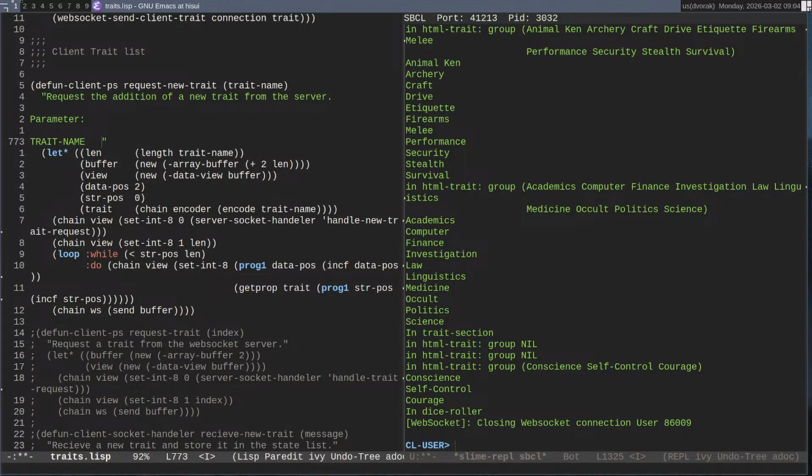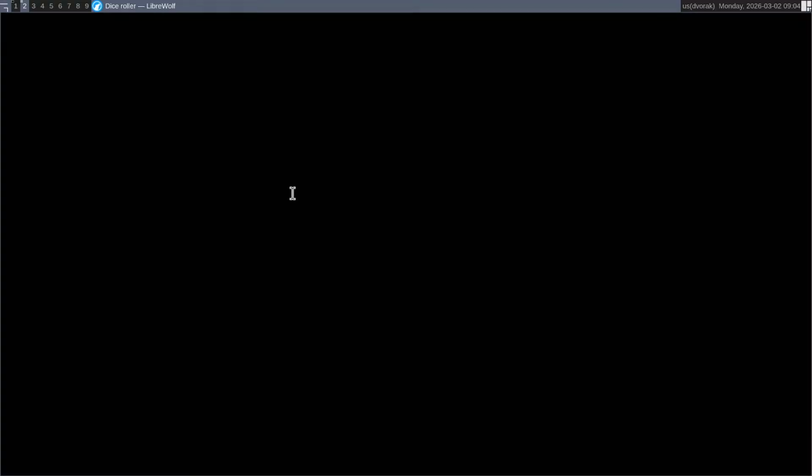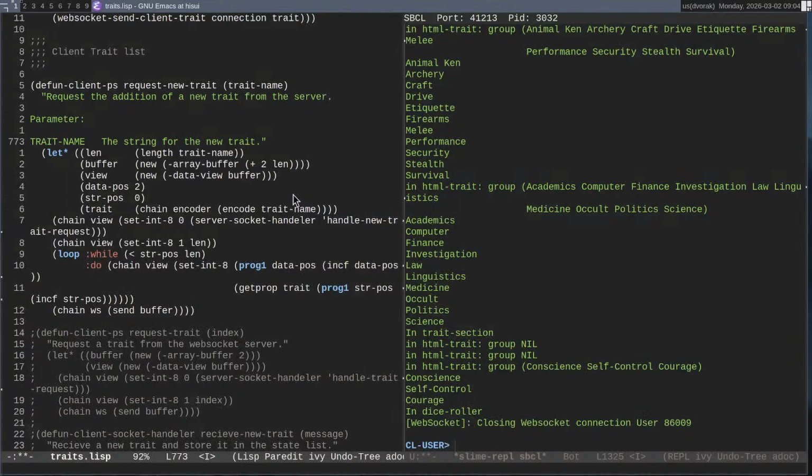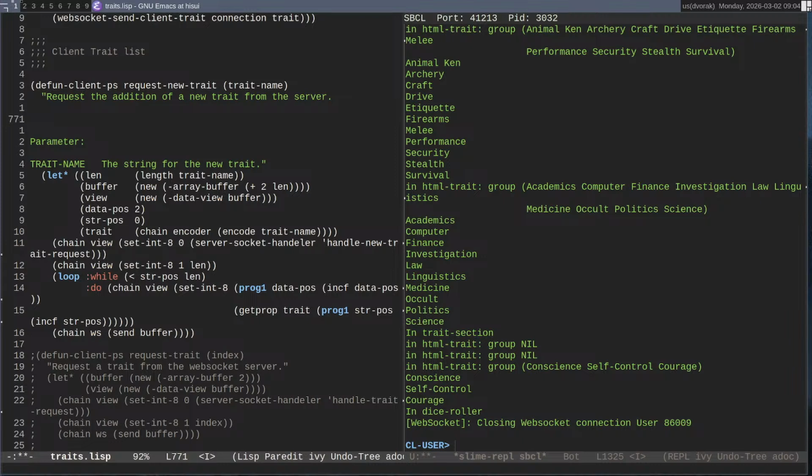This is a string. The string for the new trait. So yes, it 100% sends trait name to the server via a WebSocket.